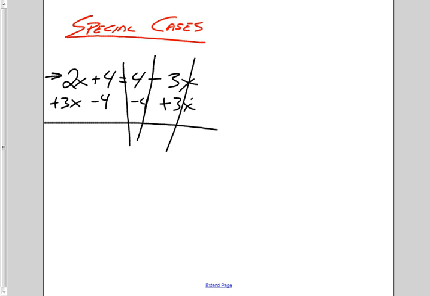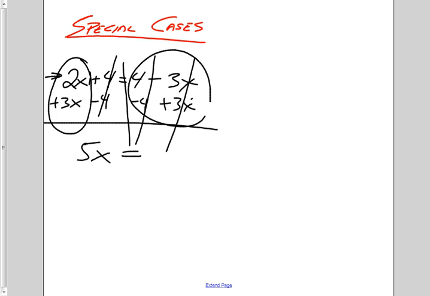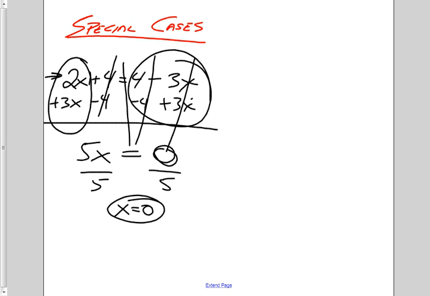And I'm left here with 5x equals nothing over here, so 0. I put this as a special case because when I divide by 5, this starts to scare people, but 0 divided by 5 is simply 0. We talked about this early on. My next special case